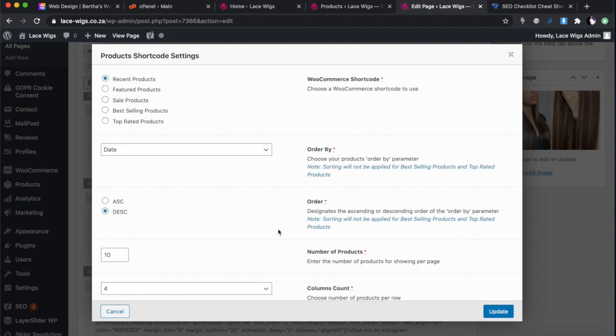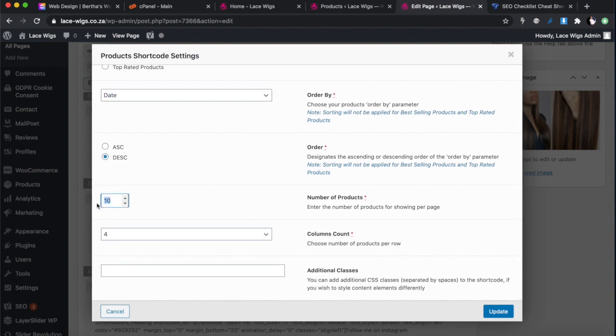Okay, so click on those products there and you'll see recent products, that's fine. According to the date, that's all right. And because I only have 3 products, I'm just going to display 3 products for now. And then I will show only 3 columns for the products. It's simple. So this will show the 3 products that I've got. You can actually make this 6 if you want. It doesn't matter. It won't show more than the first 3, and then they'll be in a column count of 3, right? And then update that.